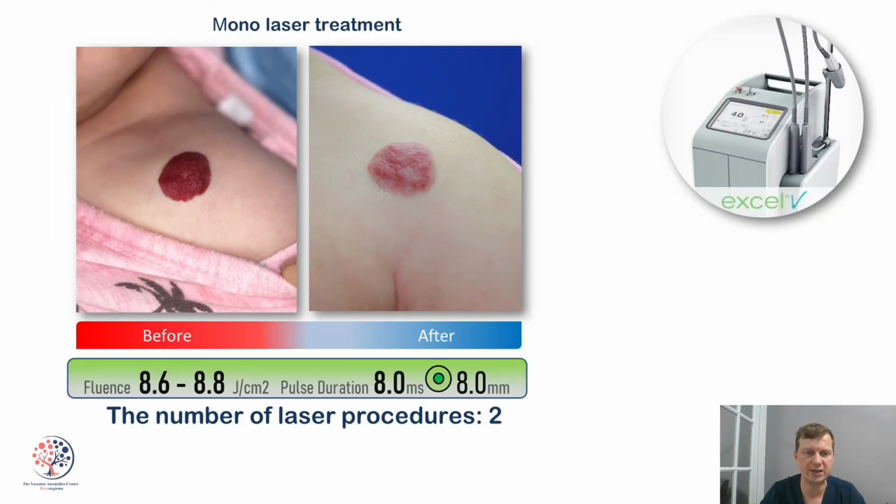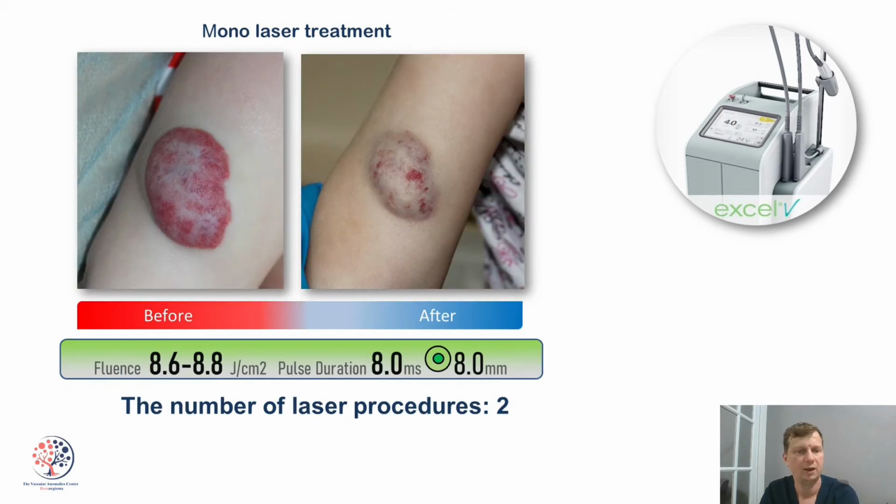So, here is a clinical case of a patient who underwent the monolaser therapy. We have chosen less fluence when it is presented in telangiectasia mode. However, we have increased it from session to session. This is a one-year-old female patient who had not previously undergone medical treatment for her combined infantile hemangioma. Two procedures were done under the topical anesthesia.